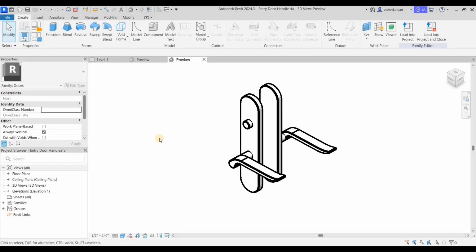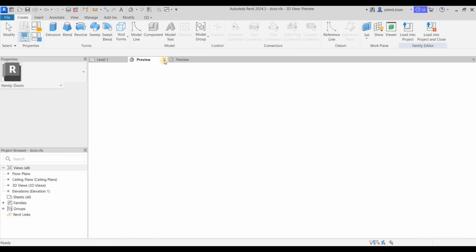Right, so there's another thing we need to know, and that is in the properties palette, if you scroll down a little bit, you can see an option that's called shared. So if it is turned on, that would mean Revit is going to consider the handle as a separate family from the door family. All right, but if you turn it off, then Revit is going to consider the door handle and the door to be the same family. They are not considered to be two different families nested together. All right, so let's give it shared, and I'm going to close it down,